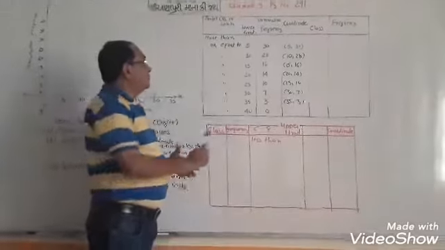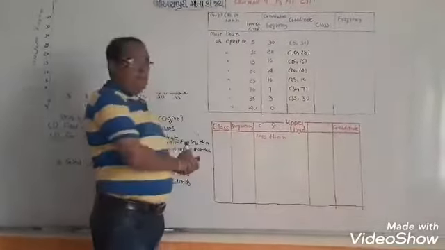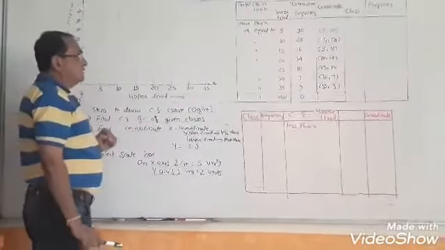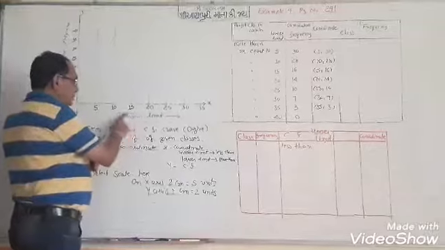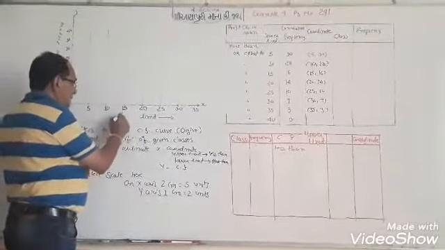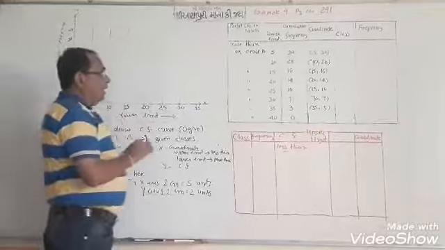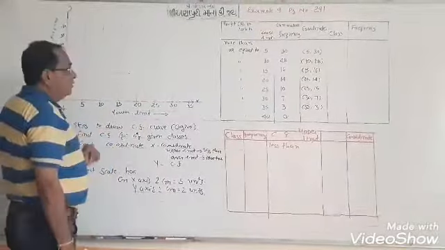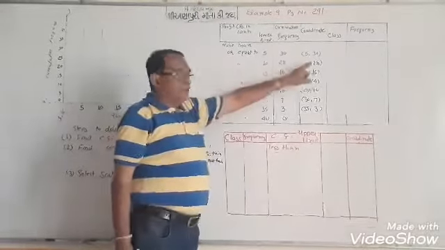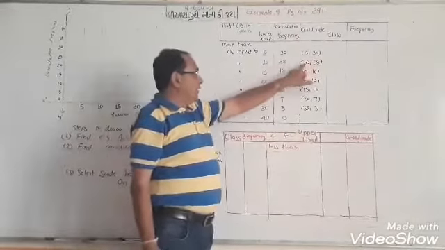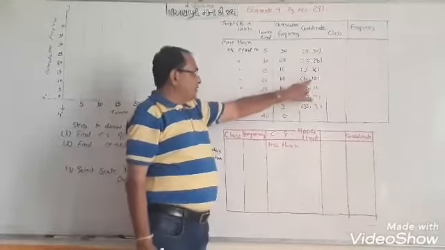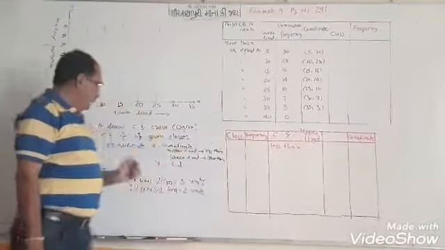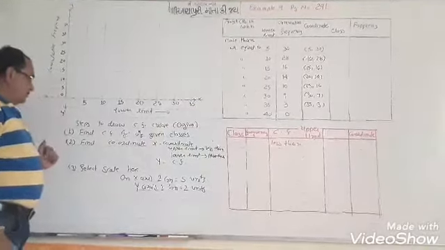You know that this is your logarithmic, which is represented on the x-axis, and that is your cumulative frequency, which will be represented on the y-axis. So your coordinates are here only: (5, 30), (10, 28), (15, 16), (20, 4). To draw the cumulative frequency curve, you have to proceed in 3 steps.